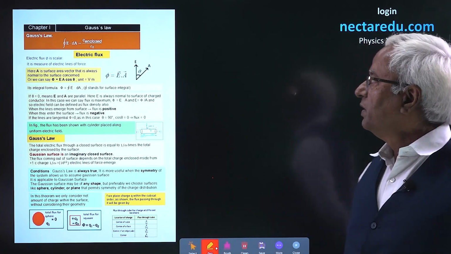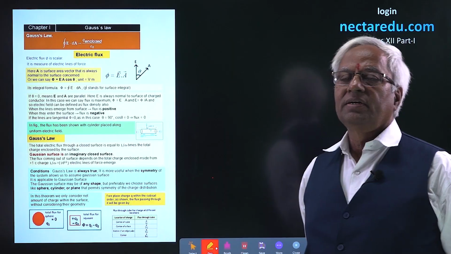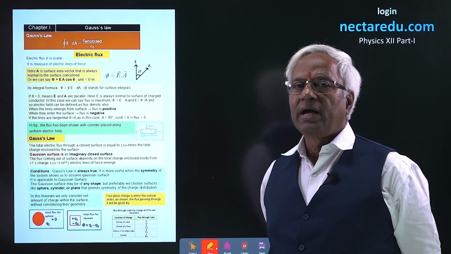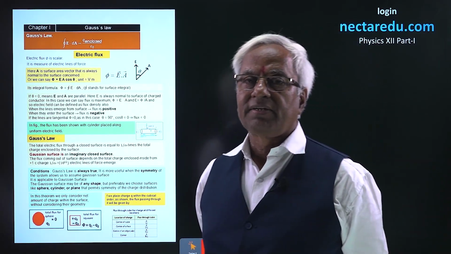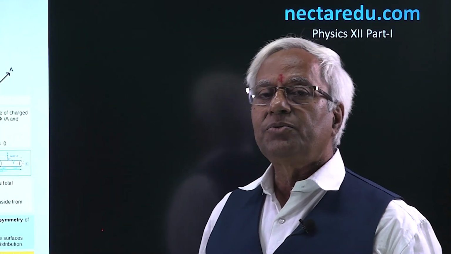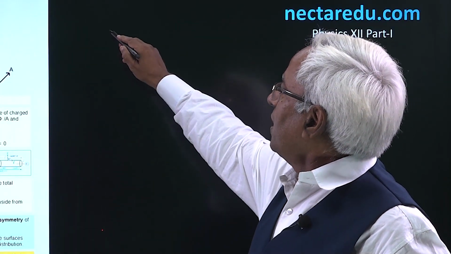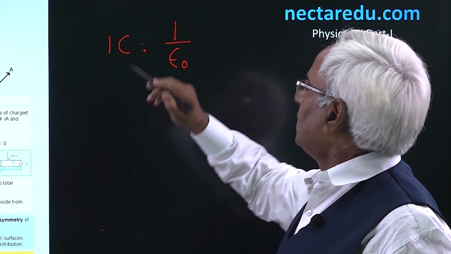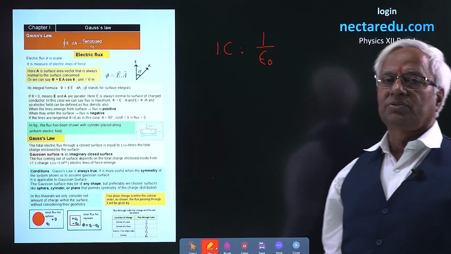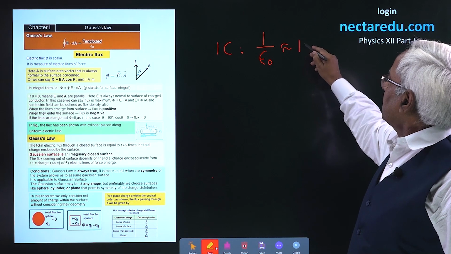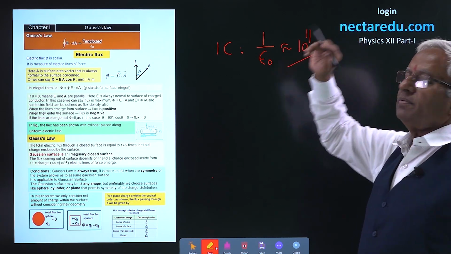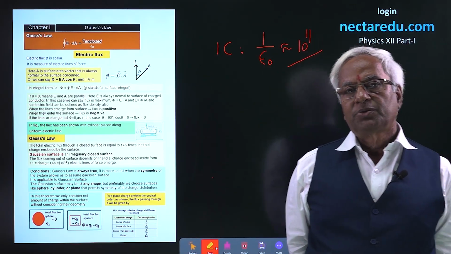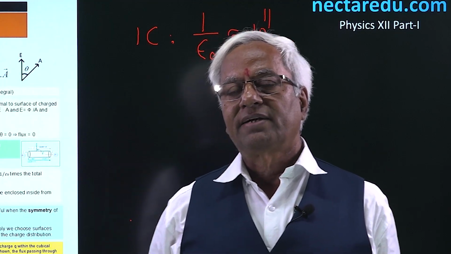Gauss theorem. We are going to study Gauss theorem, but prior to that, we'll know what's flux, electric flux. When Michael Faraday introduced the idea of electric line of force, he told at the same time that 1 Coulomb charge can produce 1 upon epsilon naught electric lines of force. This will come out to be about 10 to the power 11. So let's remember that 1 Coulomb charge always can produce up to 10 to the power 11 electric lines of